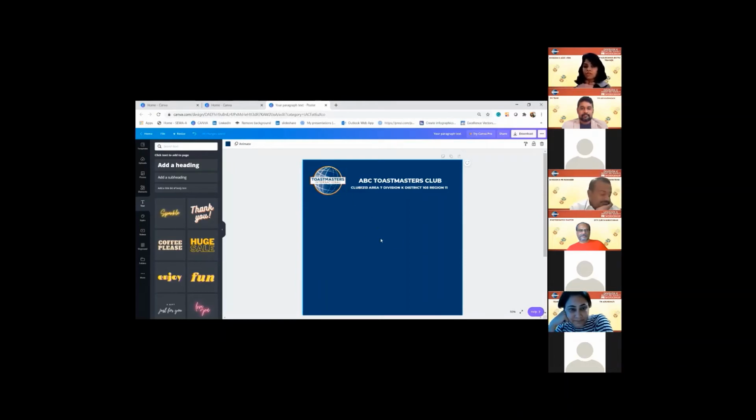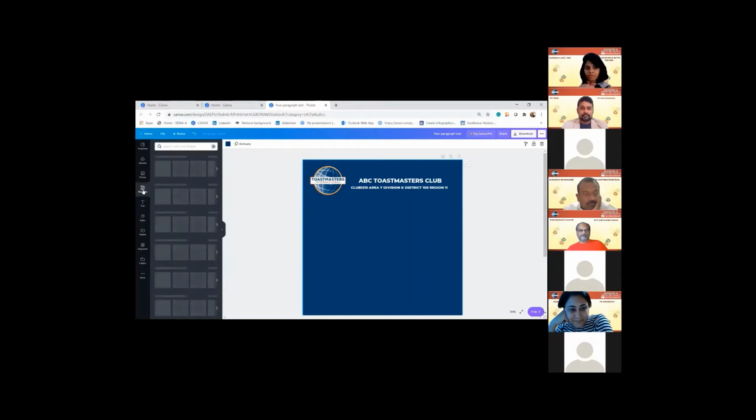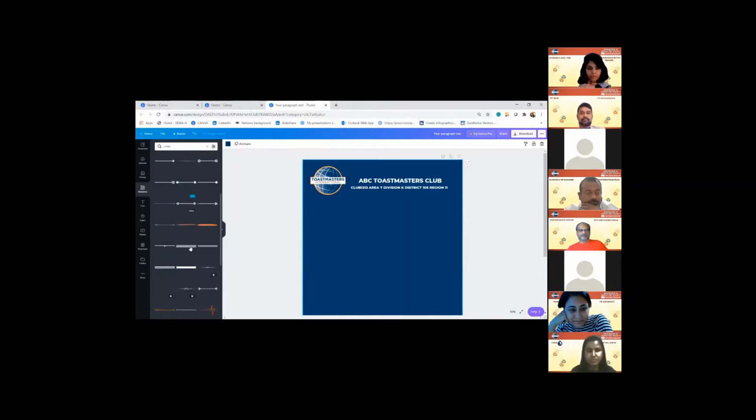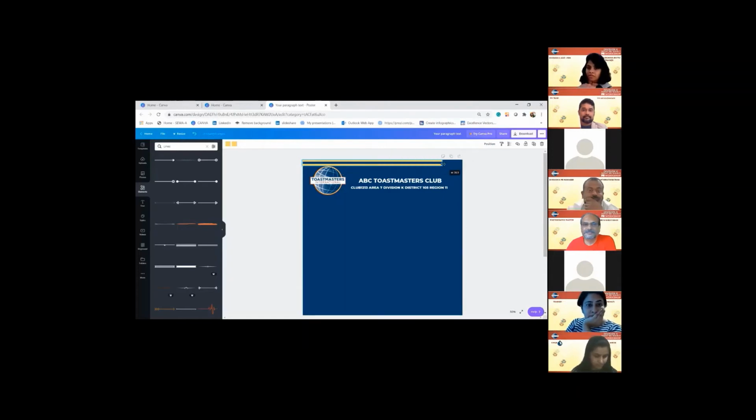So I was talking about elements feature, if you remember. So let's go to elements feature and use one of the features. So I'm going to use this one. You see this one? This is from elements. The first feature, lines. I've just picked up lines. So we go here and we'll put it in the border. To increase the size, you click on the corner of the element feature and then drag it. Okay, so it covers the entire poster.